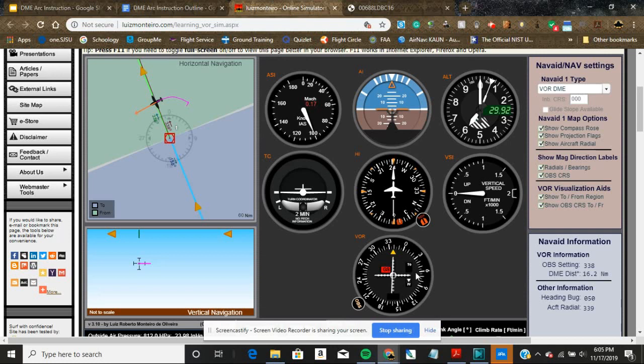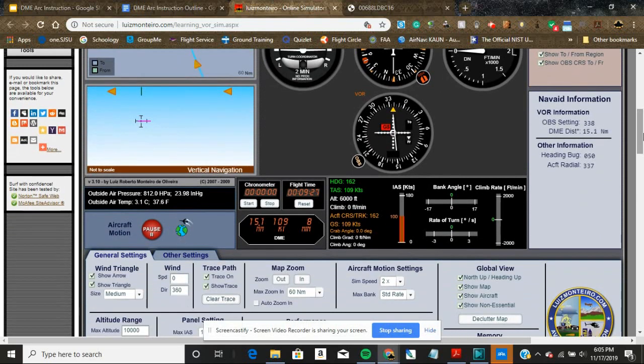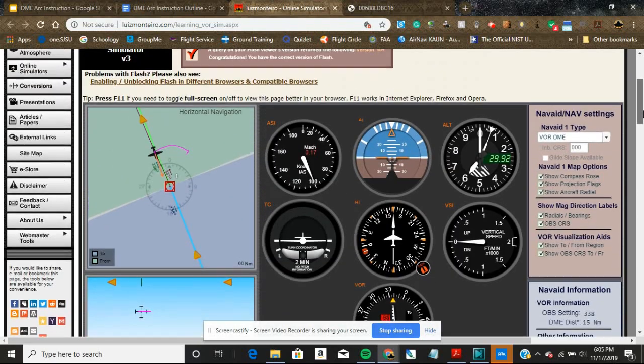Okay, so once the needle centers, we can go ahead and turn into our final approach course here, so 162. And at that point, we would switch to our nav 1, which is the localizer frequency 108.7, and we would fly the approach as a normal localizer approach. But keep in mind, this approach is going to be a back course localizer,